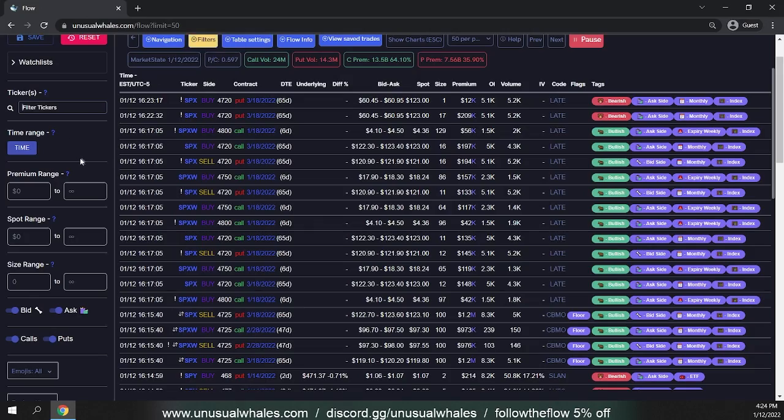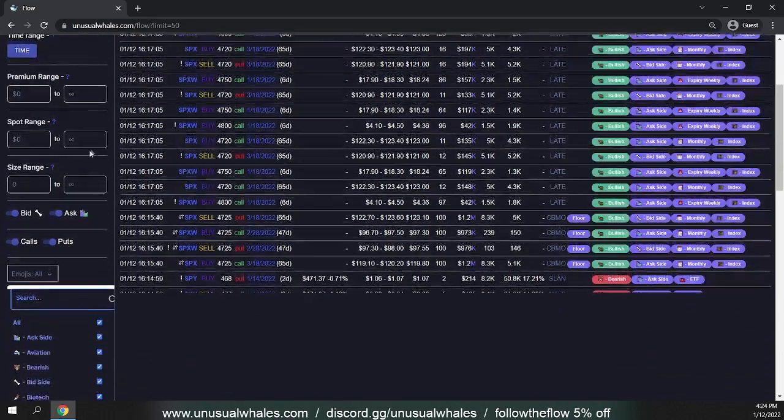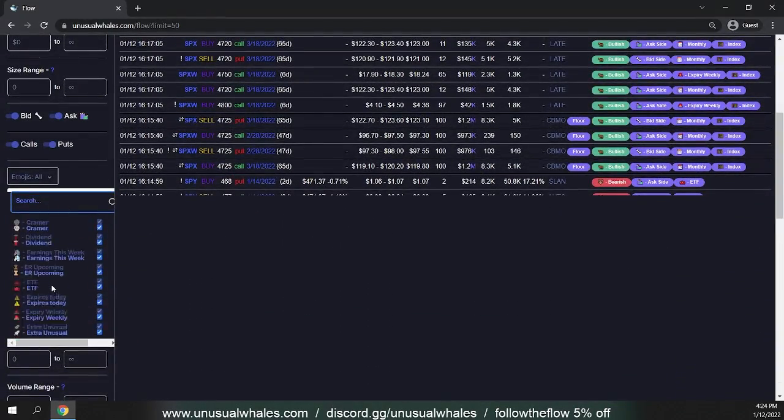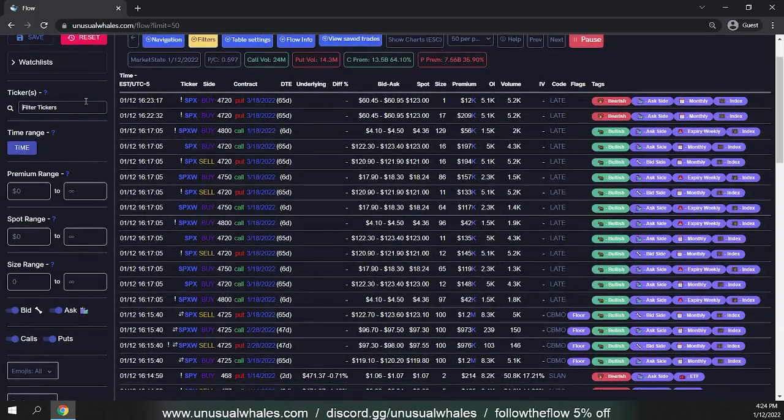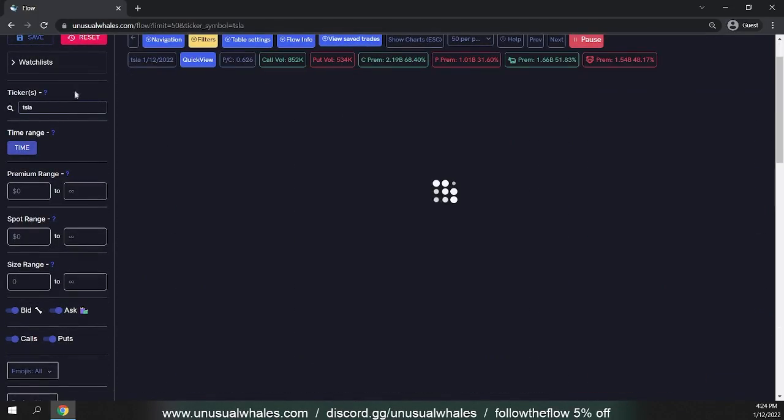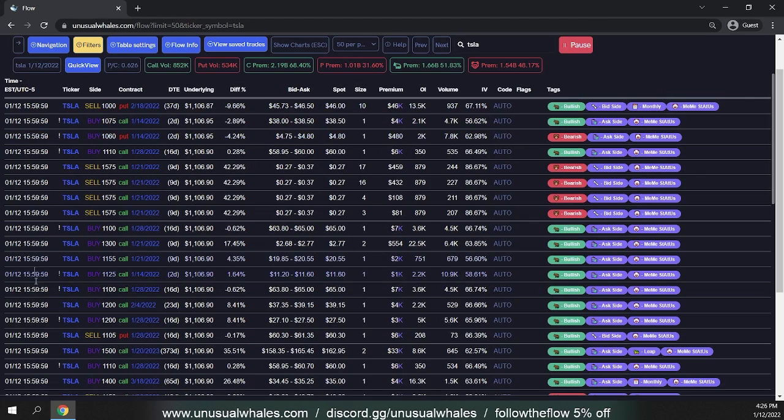You can manipulate the emoji dropdown, which we will talk about in a bit, to eliminate maybe some tickers that you don't want to see, to save yourself from the limit. But yeah, we'll just pull back Tesla real quick. So like I said, we have the time right here, we'll have the ticker here, and some symbols on the side. Hover over them if you just need quick info about them,